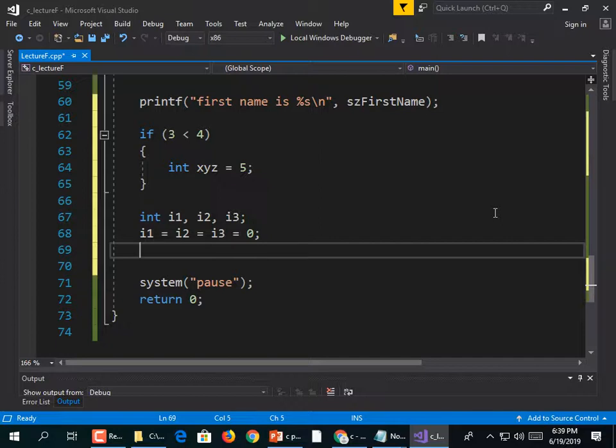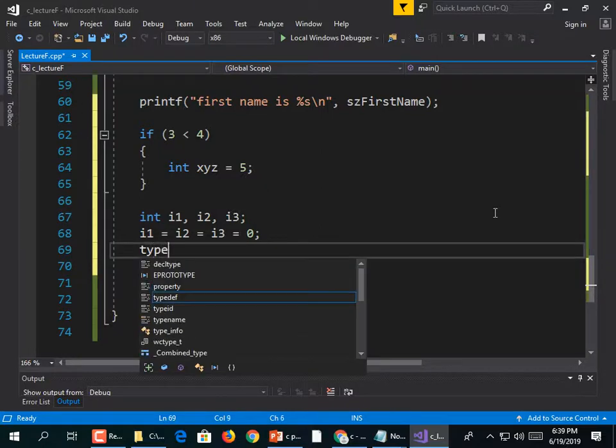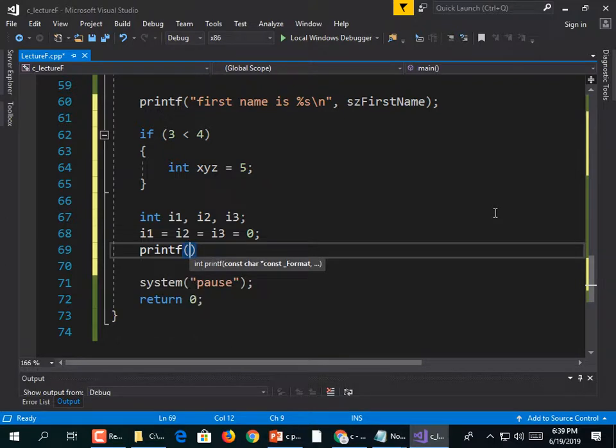Now let's tell the user what to type. printf("Enter a number in the form xxxyyyzzz\n");